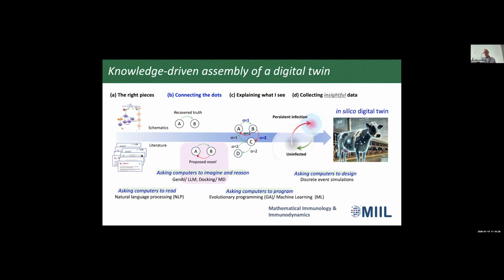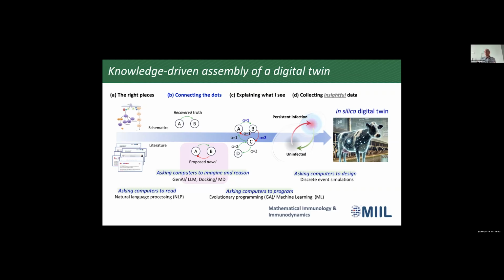So the first part of our process really is to go through what we already know by unleashing search engines for schema, so basically extracting everything we know about biological pathways and their connections and their elements and the proteins that are part of these pathways, and also unleashing natural language processing engines, many different types, to go through essentially our biomedical and medical libraries to pull out everything we think we already understand about the immune system and how these immune cells interact with one another. So once we've recovered these truths, air quote,